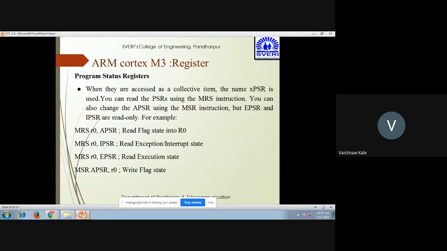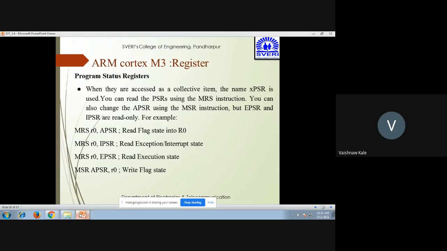So see, for example, the first instruction. It is MRS. That means it is reading, because MRS is for reading purpose. When I'm saying MRS R0, APSR, it means it is reading the flag state into R0. Then MRS R0, IPSR, it is read only. You cannot write in it.